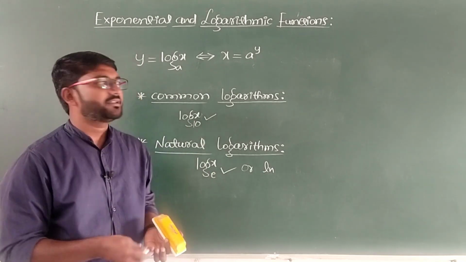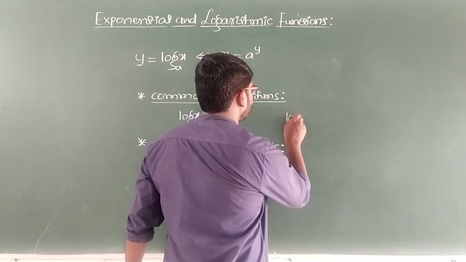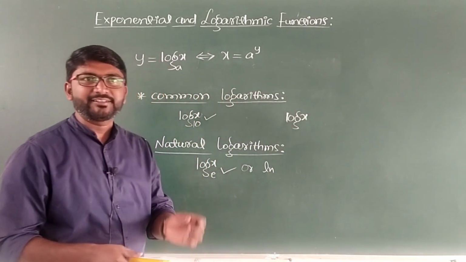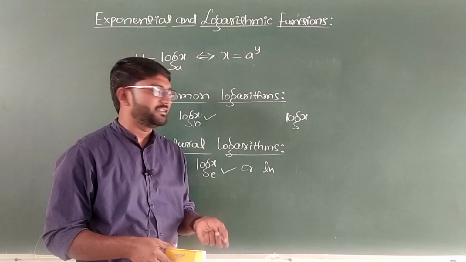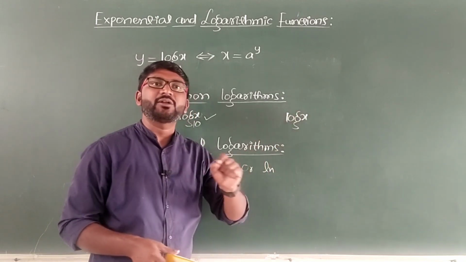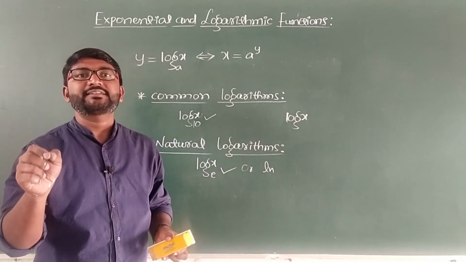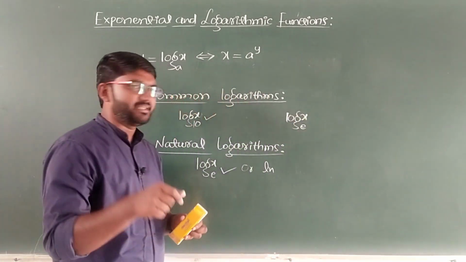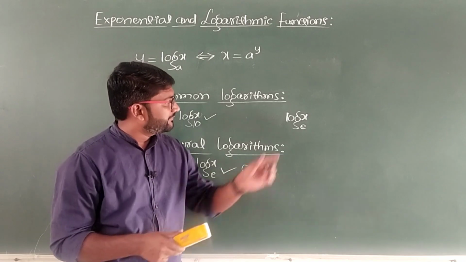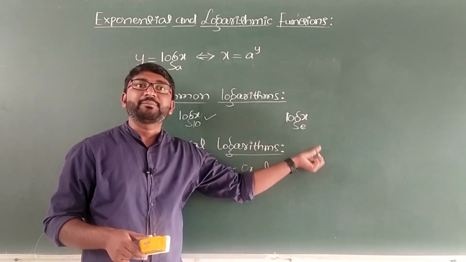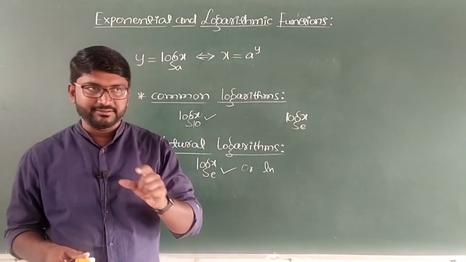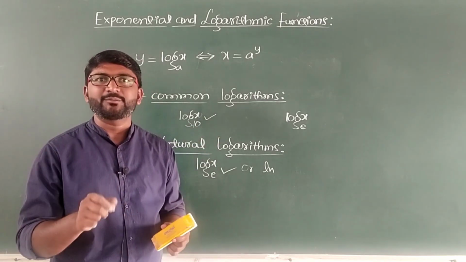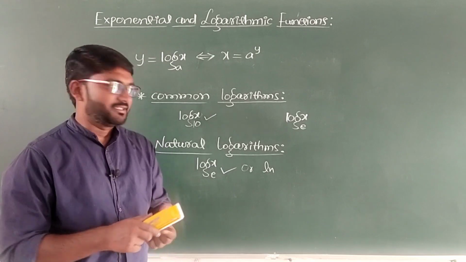In this chapter, log x means, so here we will be using only log x. Somewhere we are mentioning the base and sometimes we are not mentioning the base. In case if it is written only log x, you should consider this as the natural logarithm. So the base is e here only in this chapter. If they have written only log x, that means the base is going to be e. This is regarding the types of logarithms. Then next we are going to list out some of the important properties of logarithms.